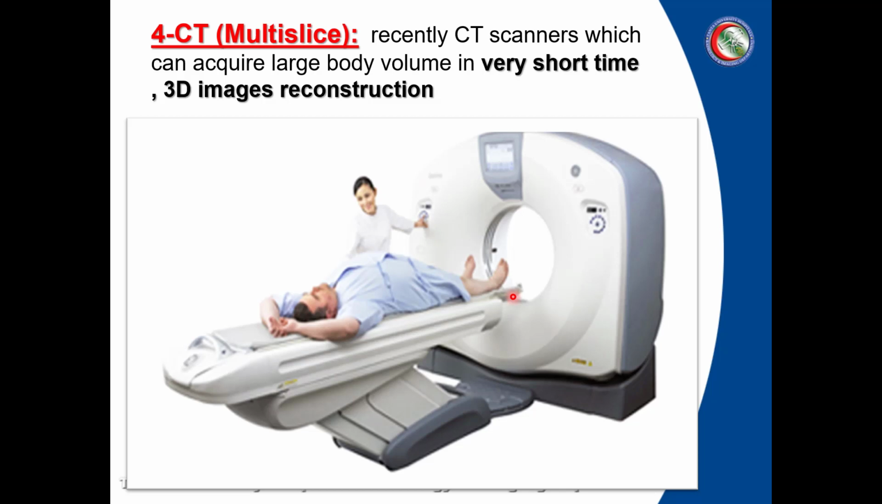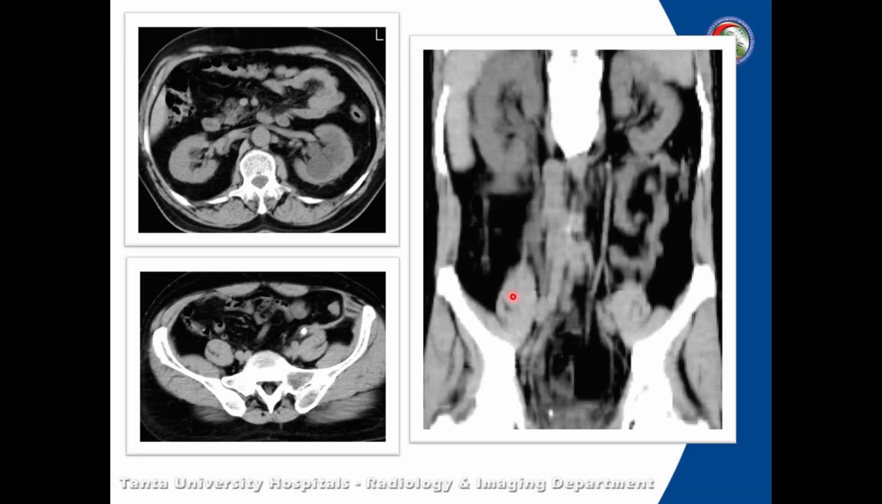image into 3 dimensions, and can examine the patient in axial or transverse cuts, or coronal views or coronal cuts, or also sagittal views, then reconstructing the image into 3 dimensions. This is the right kidney in the CT scan, and this is the left kidney in CT scan, and this is the